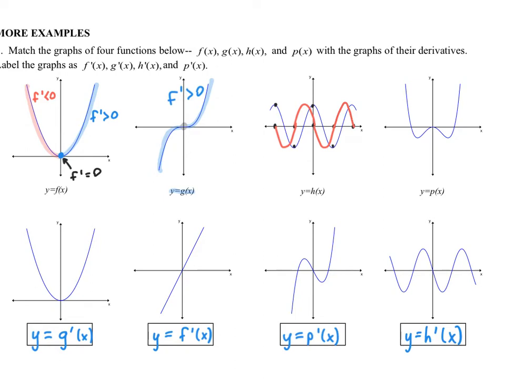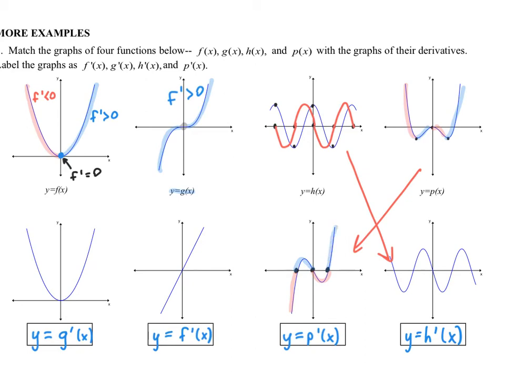And I can see pretty much what I just drew was this graph over here, so that one matches up with h prime, which means p of x has no choice but to be this one over here. But just some features of p of x and how it shows up on the derivative. I'd pay attention to these min and max points, and you can see they relate to the zeros on the graph. Wherever p of x decreases, which is here and here, I can see that this is below the x-axis on those intervals. And wherever my p of x is increasing, which is here and here, those relate to positive